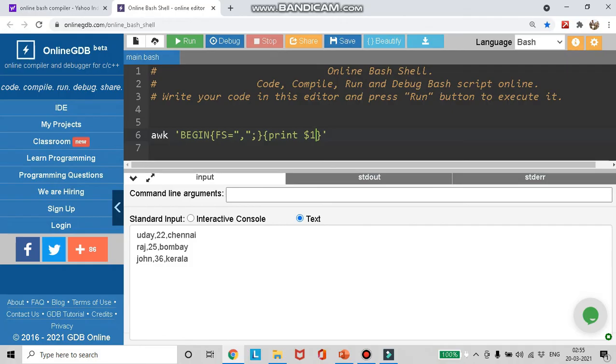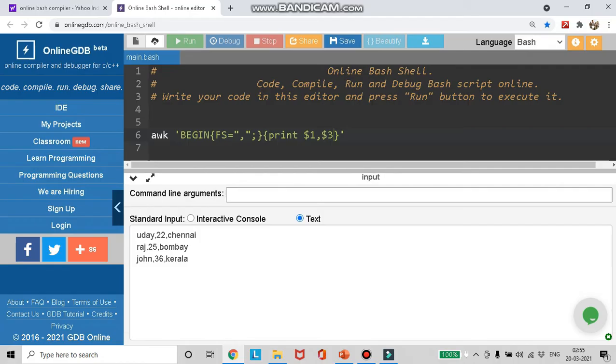Each and every line from this file will go into the action block, and for each line the first field will get printed. Now what if I want to print the first and third field? It's simple. I just type comma $3. Now it will print Uday, Chennai, Raj, Bombay, John, Kerala.